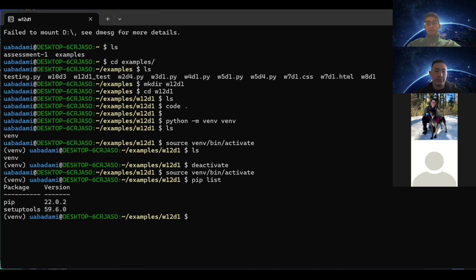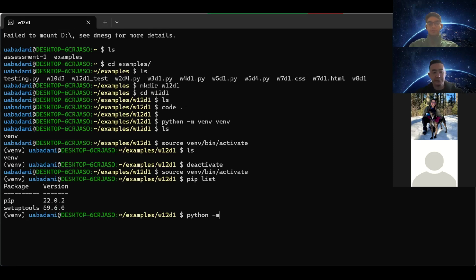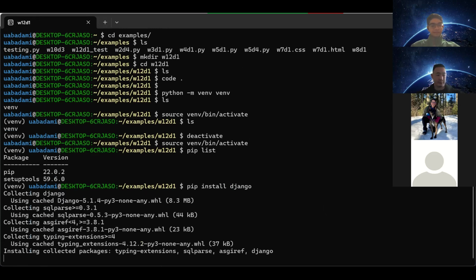Awesome. So again, as I mentioned, Django is a Python package, and we're already in a virtual environment. So we might as well just install Django. Oh, not Python. That's the wrong function. But pip install Django. So again, because it's a Python package, we install it just like we install every other package. So we'll give it a second,